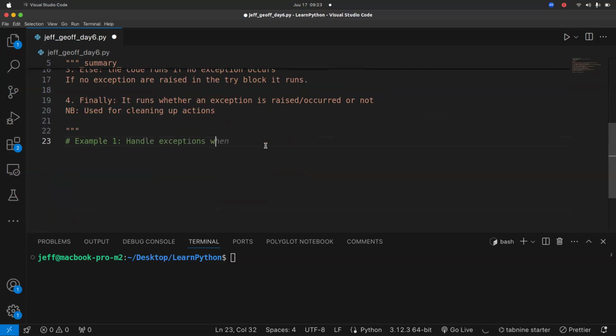Exception with division by 0. That's how we handle exceptions with division by 0. We want to try to handle exceptions with division by 0, okay?